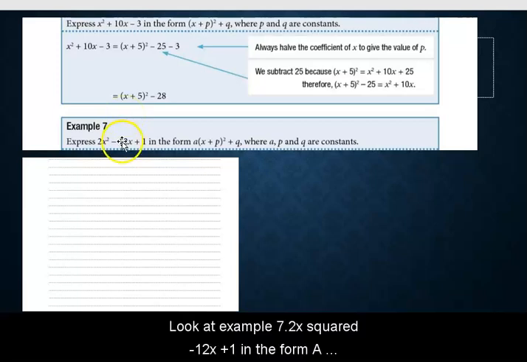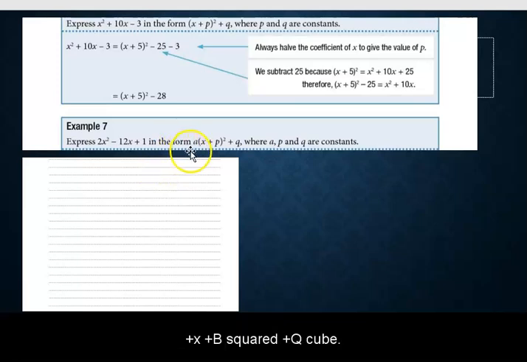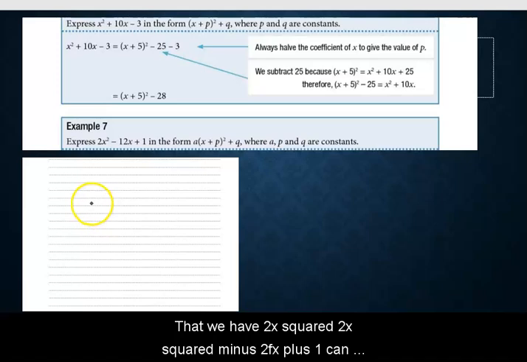Look at example 7. Write 2x squared minus 12x plus 1 in the form a into x plus p squared plus q. This is a method of completing the square. Again, you identify what is p and half it, then square it. So let's look at this that we have